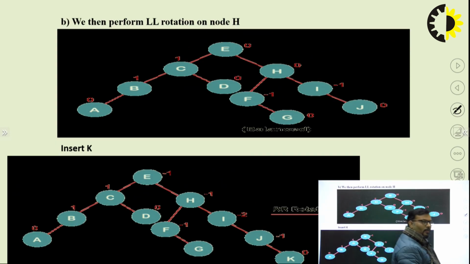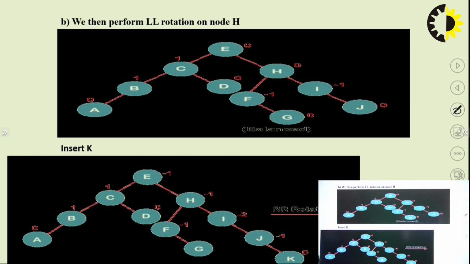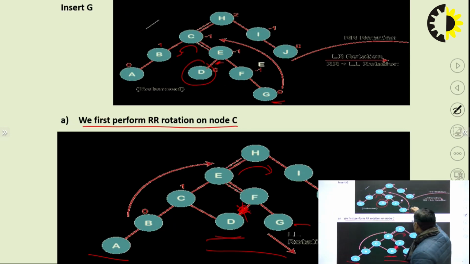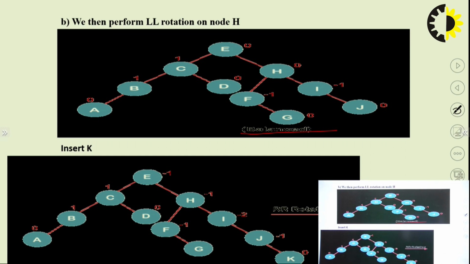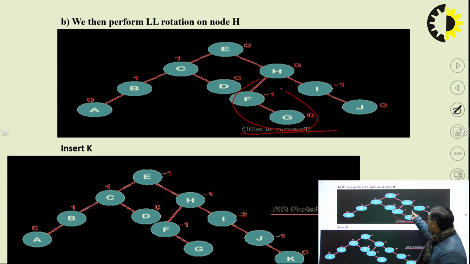Next, then perform LL rotation on node H. देखिए पहले हमारा ये था, देन अगेन LL रोटेशन हम करेंगे। के बाद में हमारे पास देखिए क्या आ गया, ये हमारे पास बैलेंस फैक्टर आ गया। अब H पे हमें रोटेशन करना था। देखिए जो E का हमारा राइट ट्री था, वो H का लेफ्ट बन जाएगा।